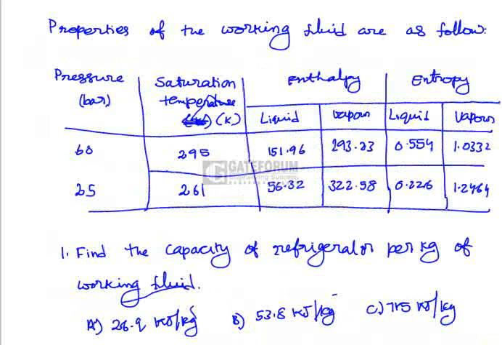In the given table the properties of the working fluid are listed. Coming to the questions, the first question is to find the capacity of the refrigerator per kg of working fluid, and the second question is to find the COP of the cycle. So coming to the solution,